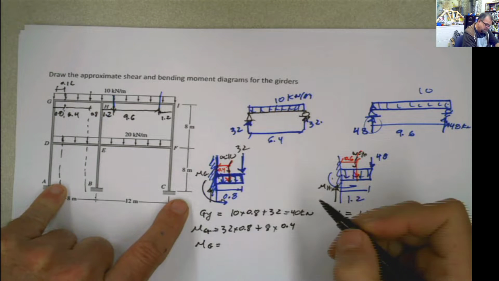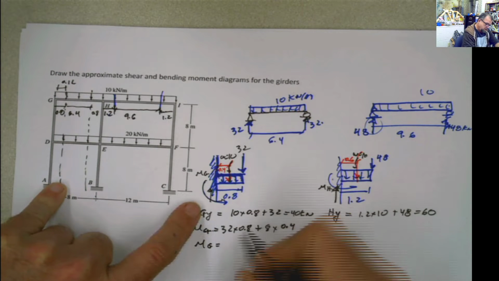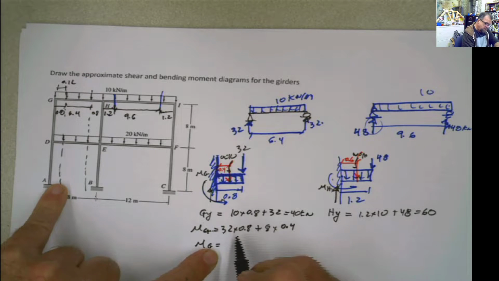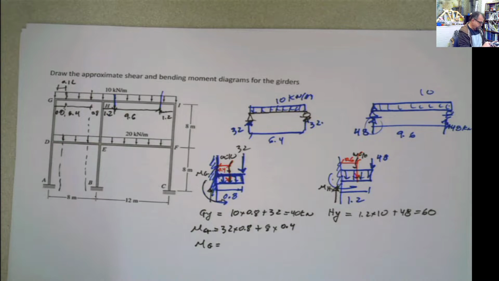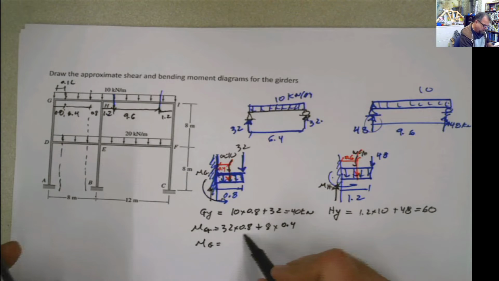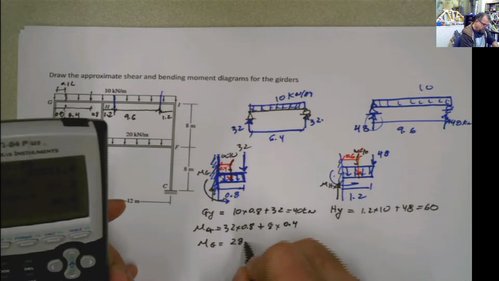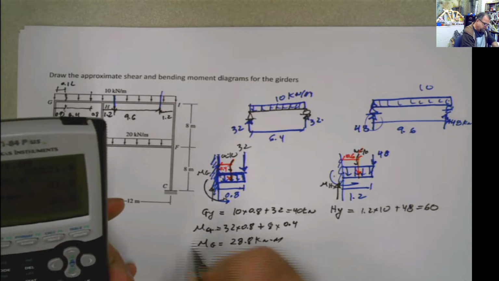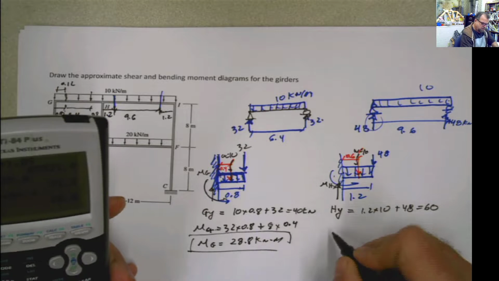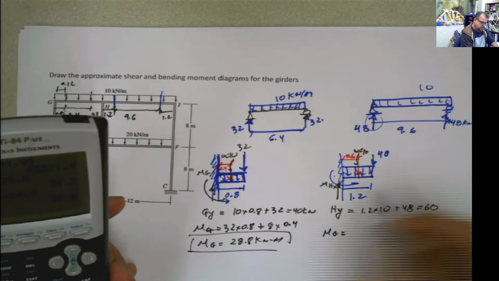This is the direction for the moment outside. Moment, 32 times 0.8. Actually, this is the same thing. What did I do here? 32 times 0.8, yes, 32 times 0.8 plus 8 times 0.4. That's 28.8 kilonewton meter. And for the next one, moment at G, that side will be